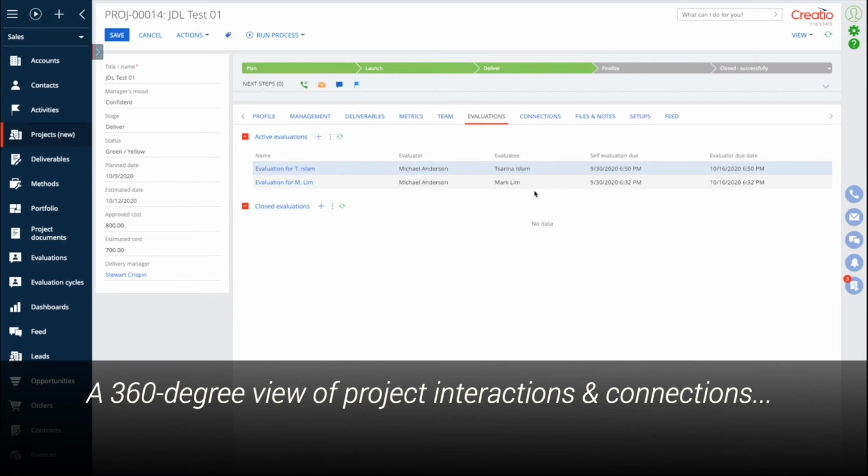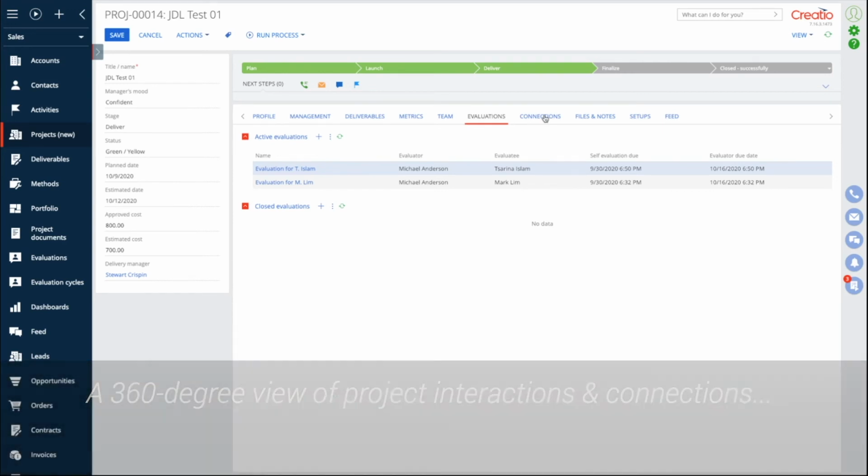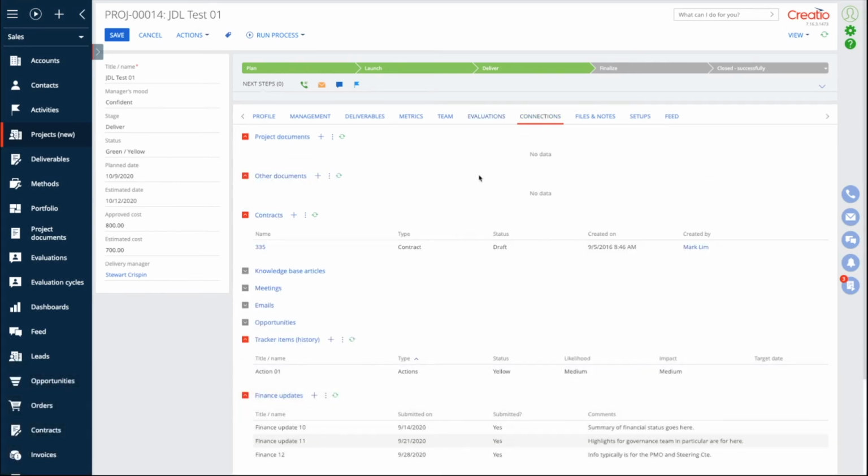As we would expect from any CRM system, we can connect the project in the database to a broad range of other objects that are in the database. I would point out in particular the ability to connect to contracts that might be the basis of the project, including change requests that are inevitable in at least some industries.